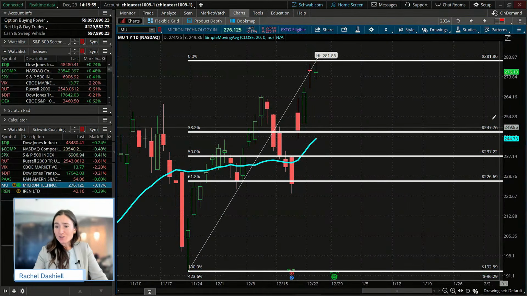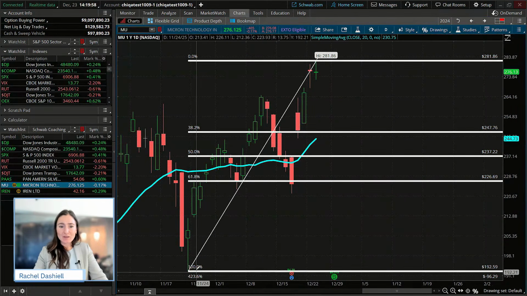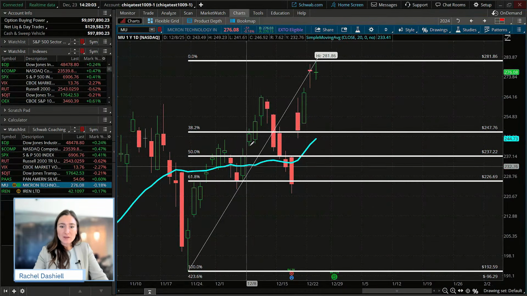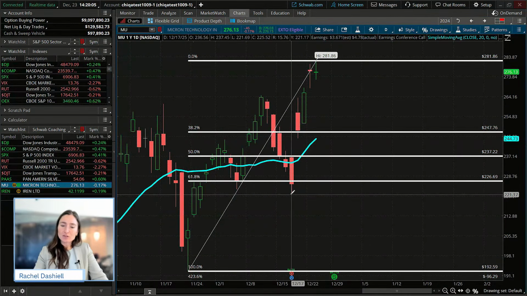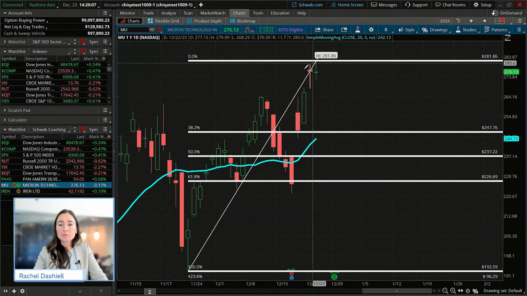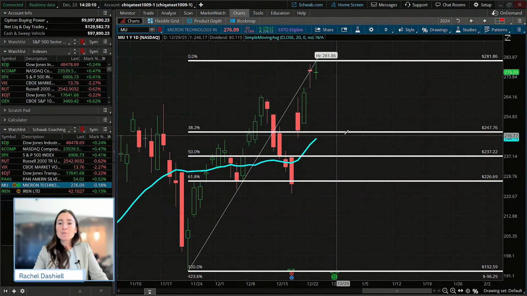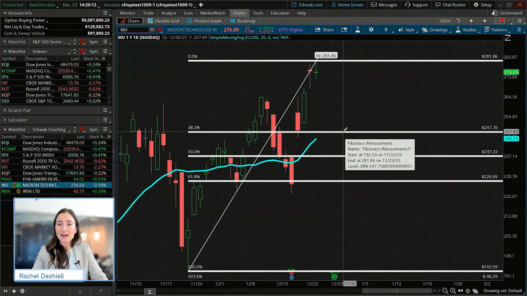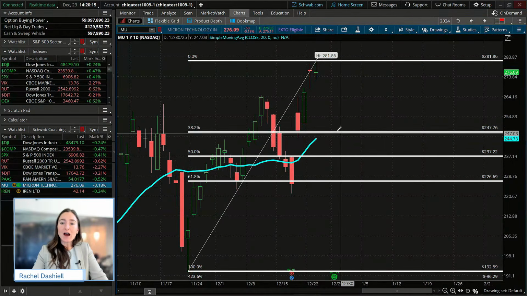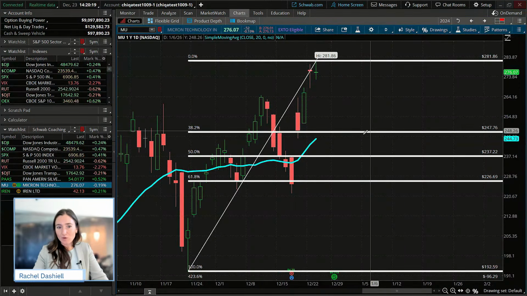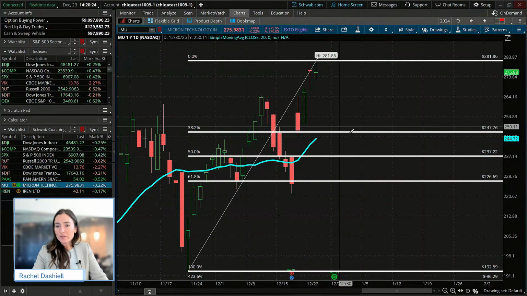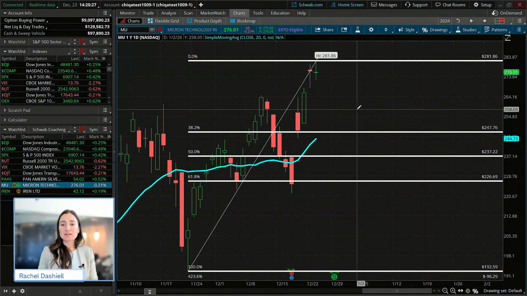And a lot of traders may find this reasonable because we've made a higher high, a higher low from that low. We've then made a higher high and a little bit of a lower low in that case, but then we went on to make another high. So we may say, okay, if this trend is still intact, we may see a higher low possibly being made right around that shallow retracement, right around 38.2%. So that, again, with a confirmed bounce, could give traders an indication to possibly enter into this trade.